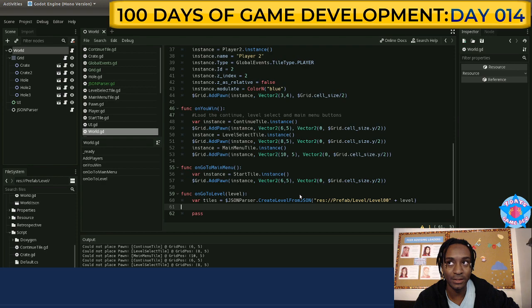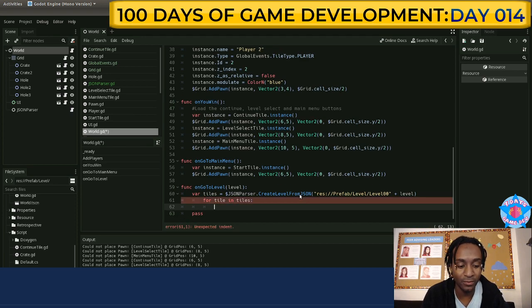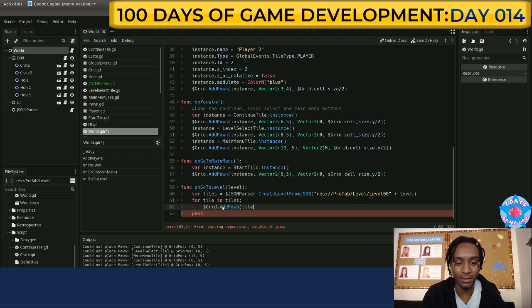I hope that X and Y exist on the 2Ds. And it's for tile in tiles, I'm gonna grid dot... unexpected indent for tile in tiles. Unexpected indent. Grid dot add pawn. It's going to be that instance plus that instance